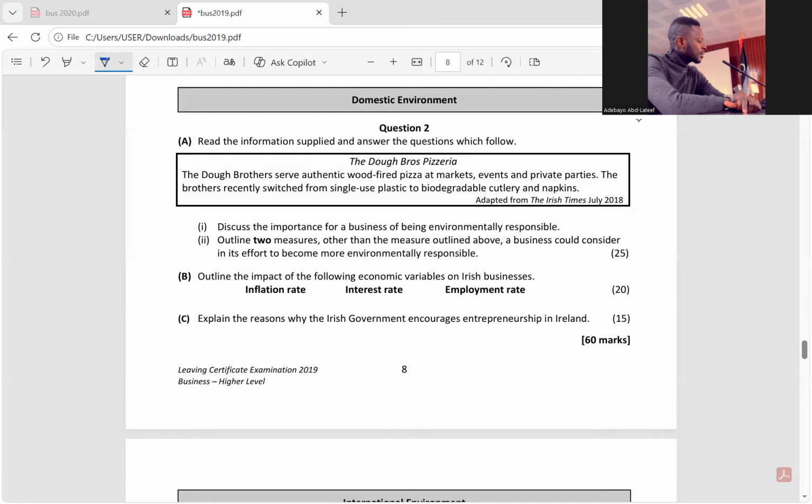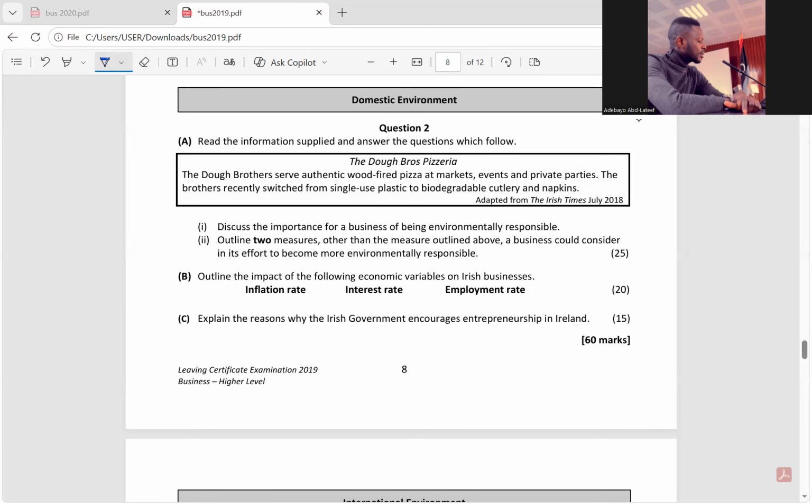Number 2, a reduction in business competition. Now that there's a high inflation rate, consumers will not be able to buy as they used to buy. That simply means businesses will not be able to make revenue as they used to make. And because they are not making revenue as they used to make, they won't be able to make profit. And if they are not making profit, they cannot expand to be able to compete with the rest of the world.